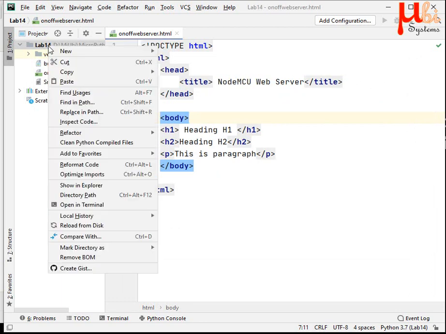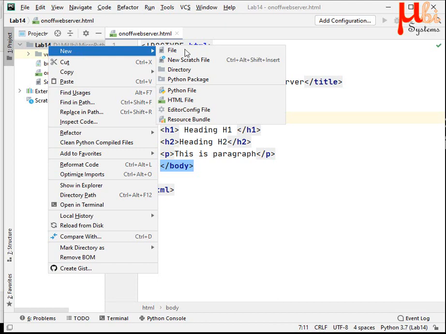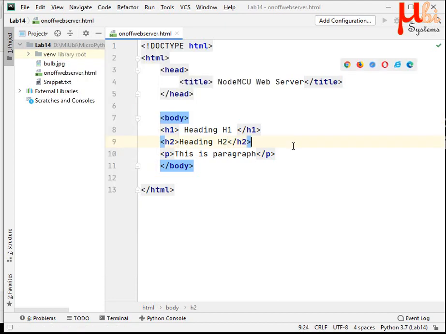You right click on the project, go to new and create an HTML file, nothing special. When you have created an HTML file, there are already browsers shown here. There are different browsers supported. I usually use Edge, so let me click on Edge.